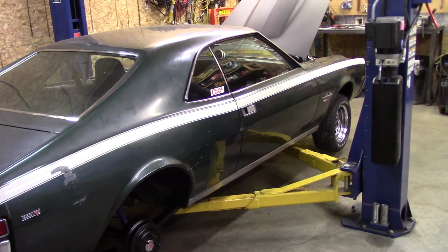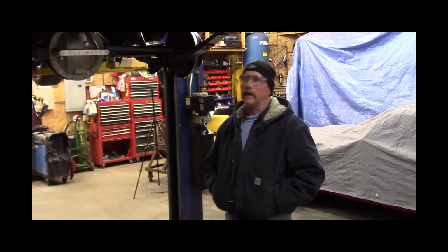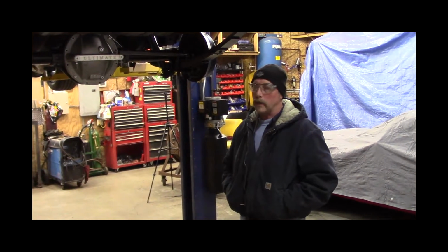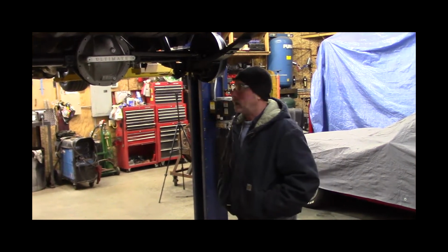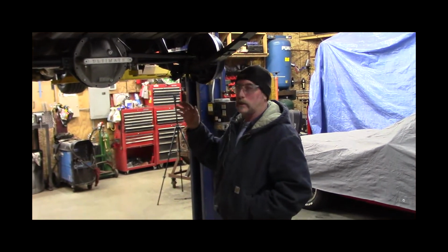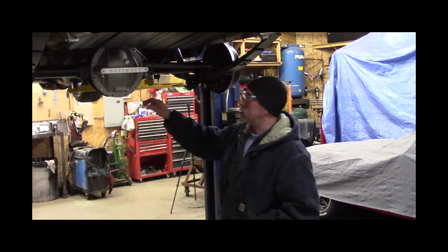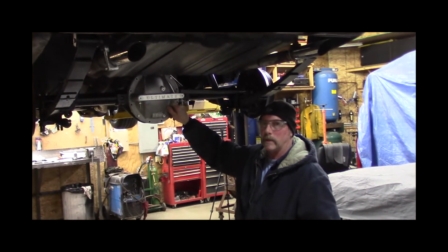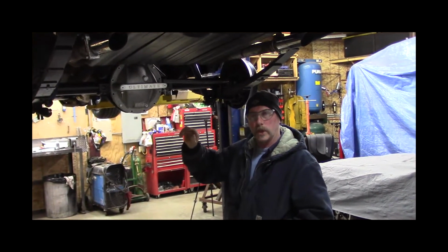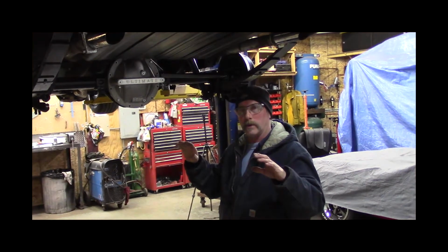Working on the Javelin today. We're back at Olds Mob 455 shop, and you can see how the rear axle progress is coming along. In order to get as much strength out of this rear axle as possible, this is a stressed member now. It has preload bolts that you can turn and help the U-shaped saddles that hold the bearing